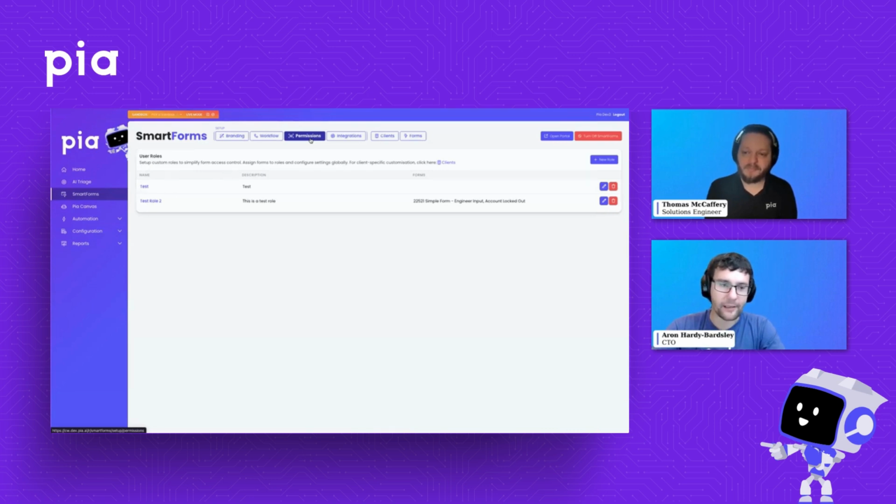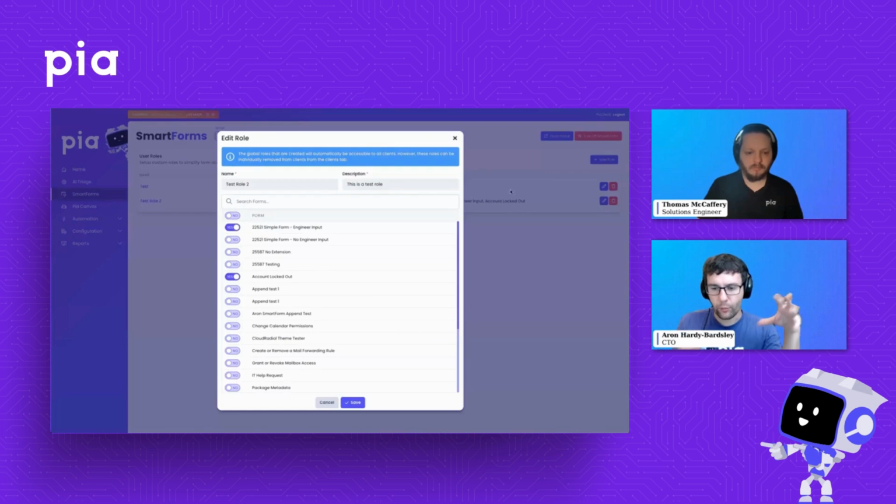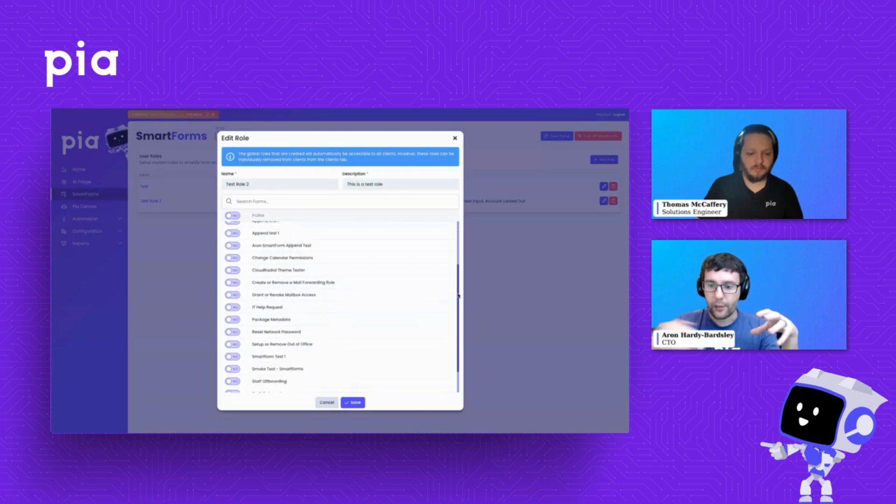weeks with Platform 18. So with this particular tab here, what we've done is we've introduced a new feature for roles in the portal here. So you can actually create global roles, which is what this tab allows you to do. And in the clients tab, we'll show later, you can also create roles per client as well. So you can be more granular. But the roles allow you to group forms together, and then you can actually put users in those roles.